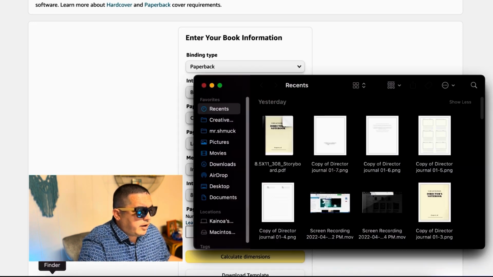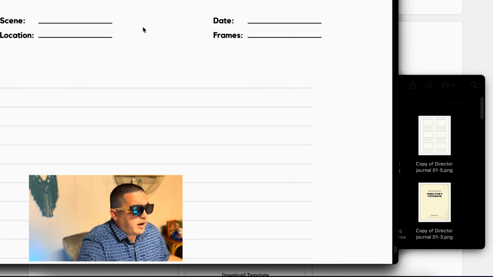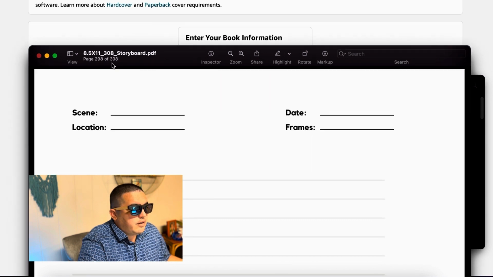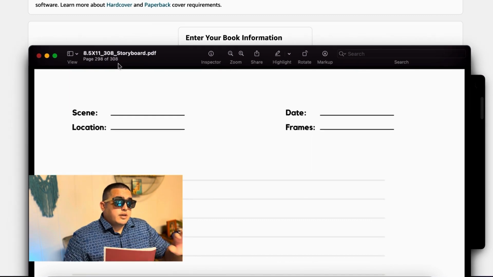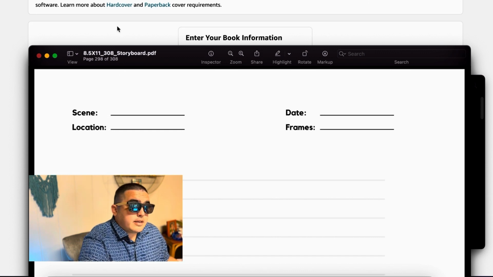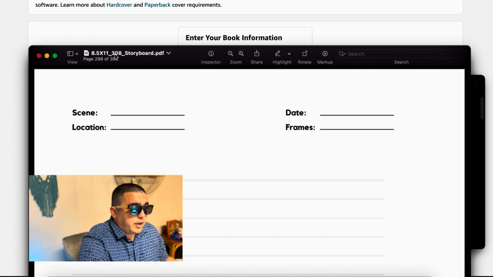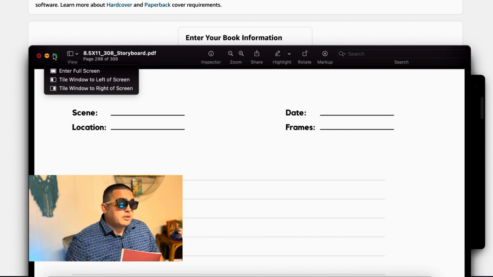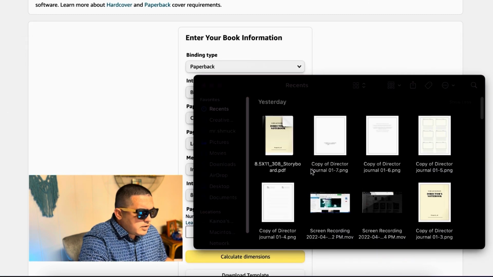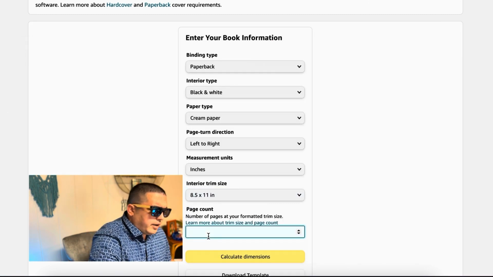And here we are. You can see that the file I have right here is a PDF file. And right here we can see that we have 308 pages. So this is one example of labeling your PDF properly. You can see initially I have the size of the book, which is 8.5 by 11. Then I have the page count, 308 pages, and the title of the book. This is going to help you in creating Amazon KDP covers because you need to know the exact amount of pages in your book. So here I'm going to write 308 pages,